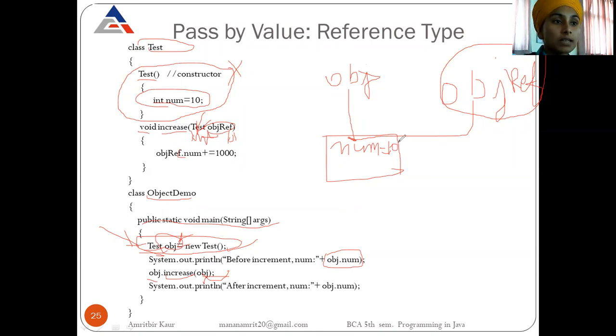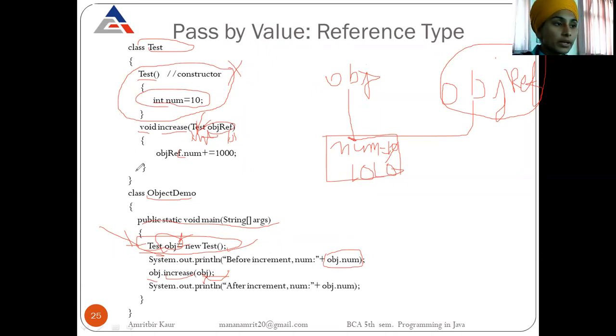So now 10 plus 1000 becomes 1010. It will now hold the value 1010. So if obj ref sees this memory location, or if obj sees this memory location, it will see 1010. So the modification is done on the original copy, because both are referring to the same object in memory.